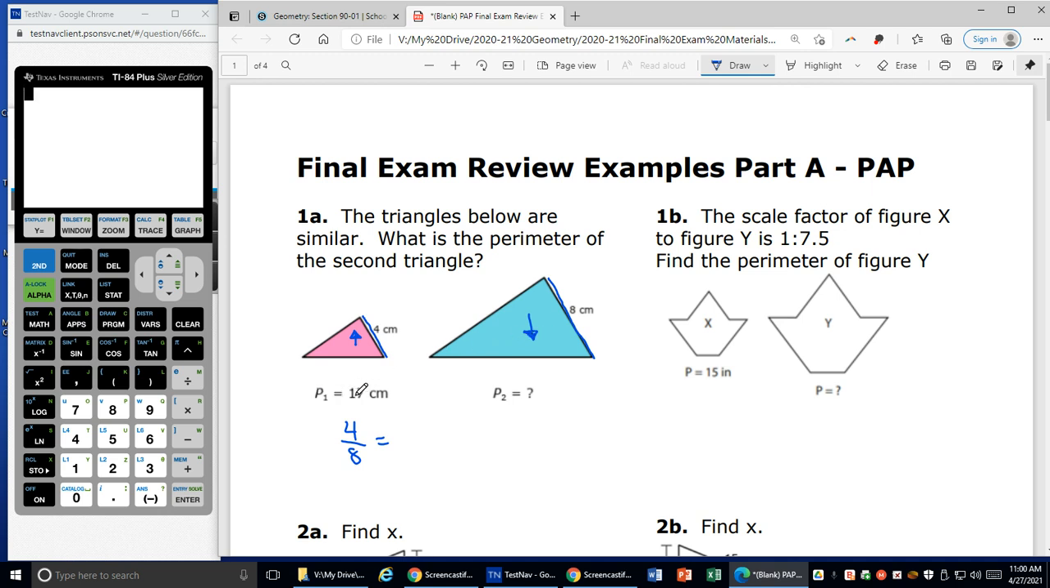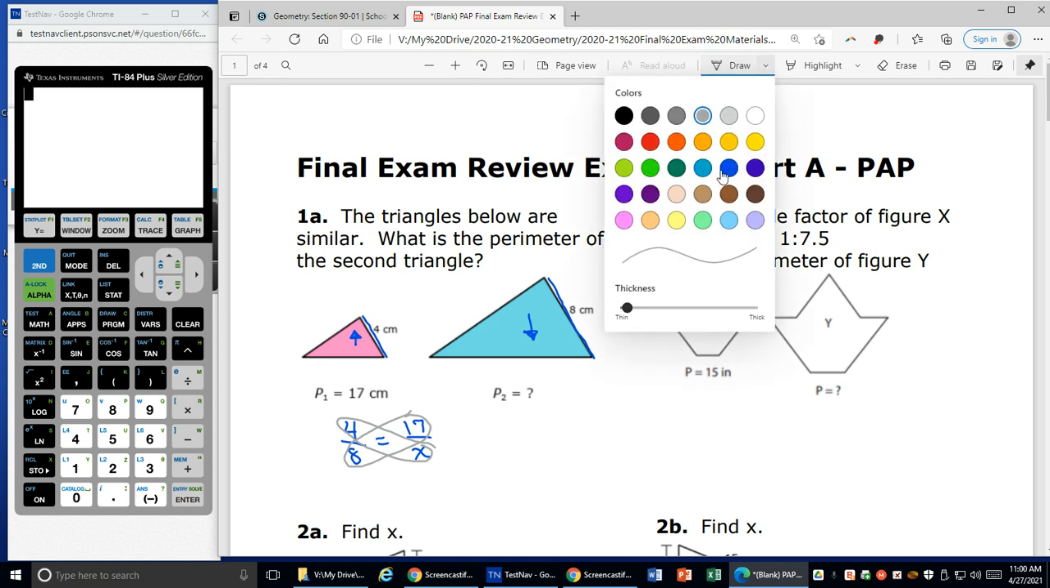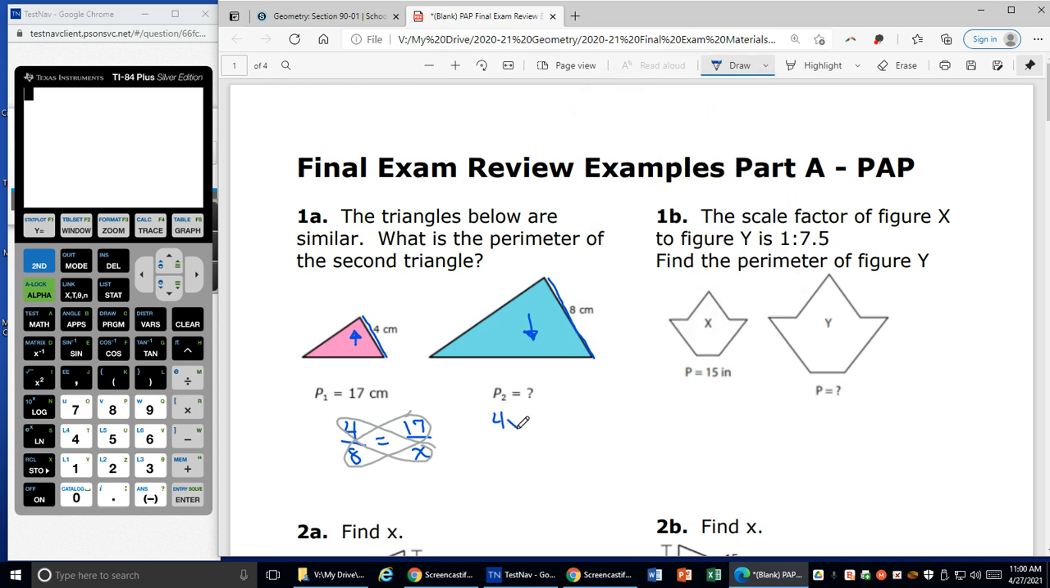So when I look at my perimeters, they will also reduce to the scale factor. My perimeter from my up triangle is 17, and from the down triangle, that's the one I'm trying to find, so that is going to be my x. And for here, all I need to do then is cross multiply. 4 times x and 8 times 17. So when I do that multiplication, 4 times x equals 8 times 17,